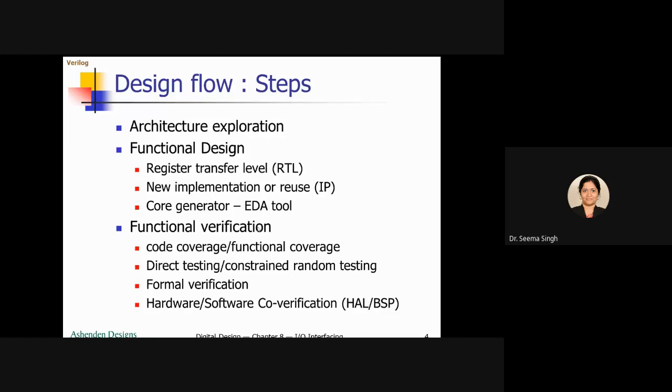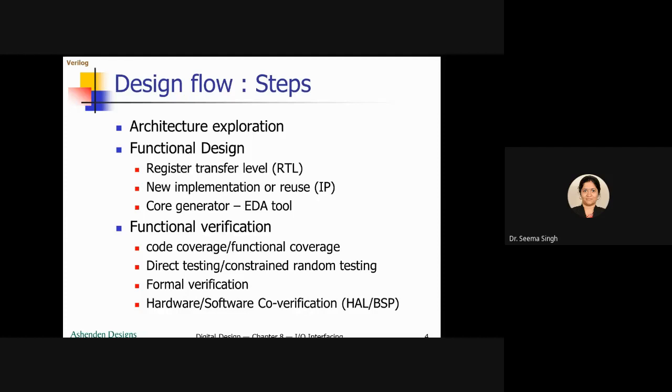Now, after this, under functional verification, testing also comes into the picture. That also comes under verification only, that is, how to verify. So there are a number of techniques that can be applied. We have two types. Direct testing. Direct testing involves identifying particular test cases to be applied to the DUV. What is DUV? DUV is device under verification. So direct testing means it will apply particular test cases to a particular device under verification and check the output for each test case.